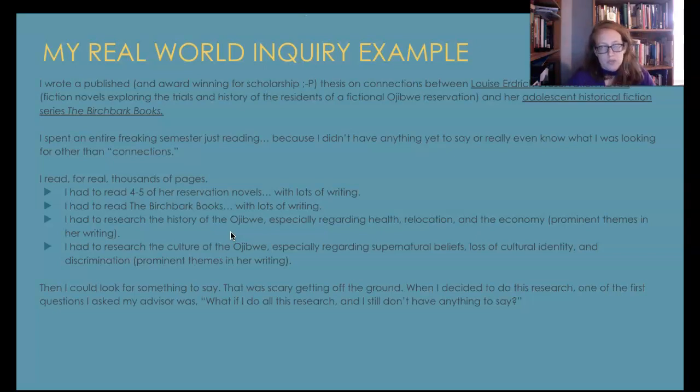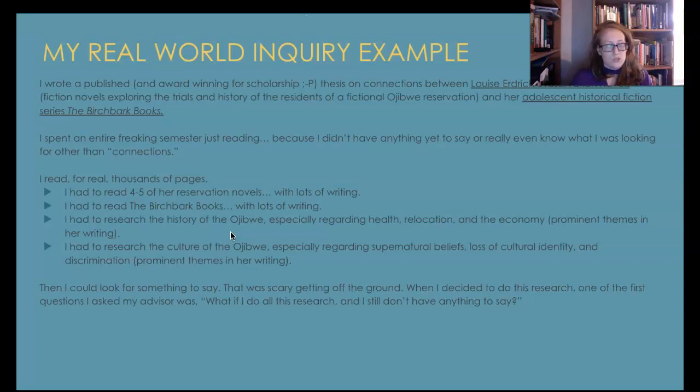because that was the tribe in the area that she was writing about, especially regarding health, historical relocation, the economy, prominent themes that come up in her writing. I had to research the culture of the Ojibwe, especially regarding supernatural beliefs, loss of cultural identity over history, and discrimination, more prominent themes. But again, I had to read both books. I had to look at critiques of her work and what people had to say about her work. So the primary examples and the secondary stuff I had to look at. I had to get into some tertiary stuff